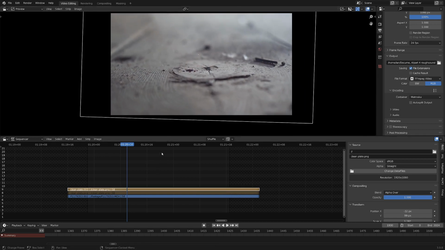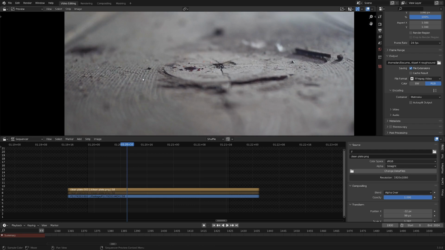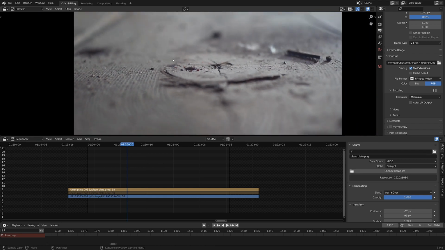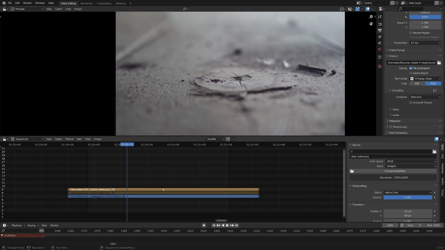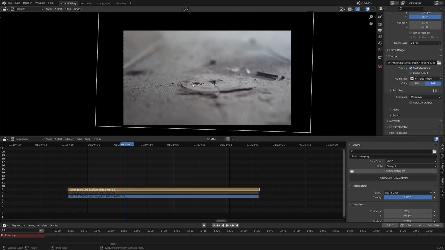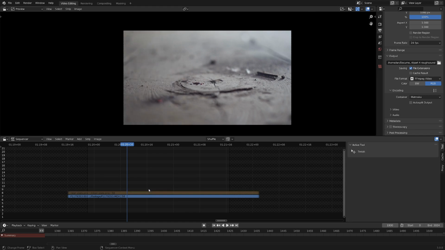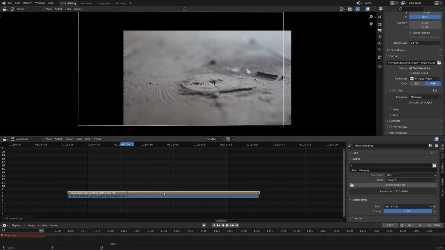So I think that passes pretty well. You can see everything is lined up with the focal distance. It might be a little bit too wide here since we scaled it up, but I think it'll pass for what we need. Now, something I did with the other version, which you can see here if I unhide it,